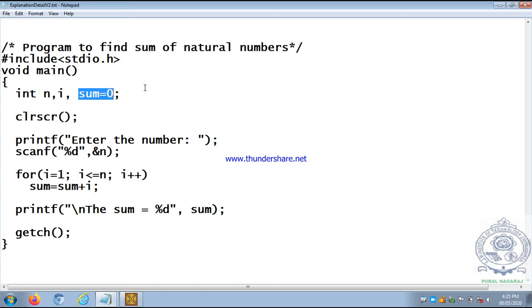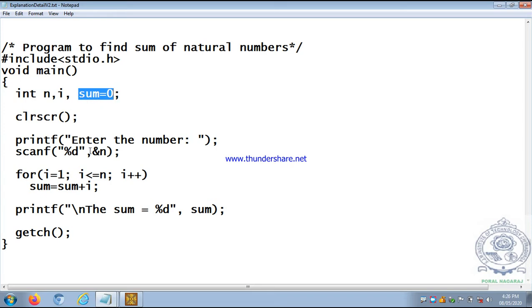So later on I am going to add the next number to this and store back in this. Next add the number to this, store back in this. Like this I continue the process till my last number, that is n. Okay, so that's why first you have to read the value of n. Okay, let us say it is 5. Then before that you must have initialized sum is equal to 0.